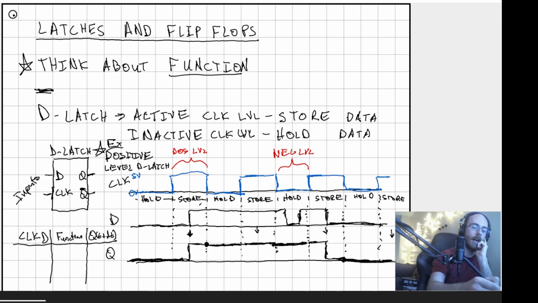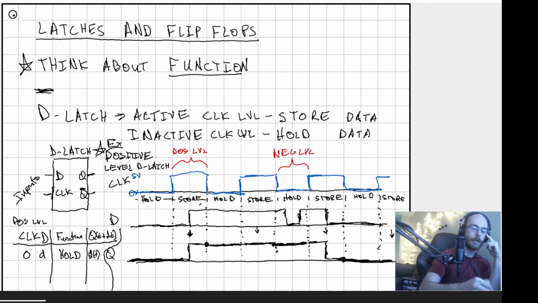So we're going to do the inactive clock one first. When the clock is inactive, what does that mean for a positive level D-latch? The inactive clock is the negative level. The positive tells you the active side. In this case, we said positive, so that means the active side is positive, and the 0, the low, is inactive. And we've already said that's holding the data. We hold it, and it doesn't matter what D is, because our Q of T